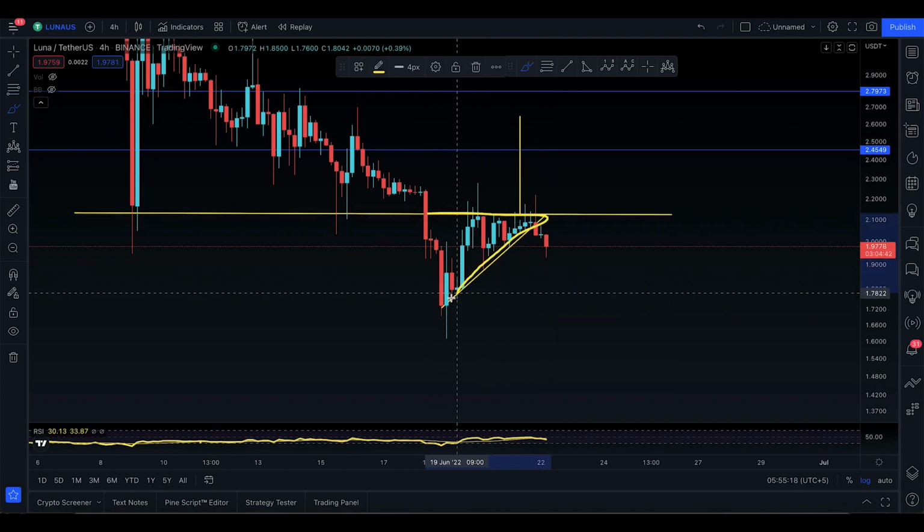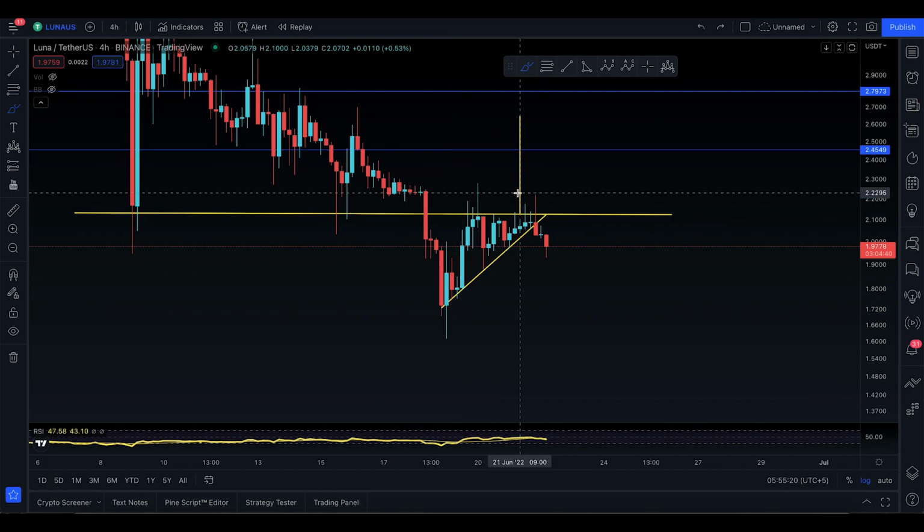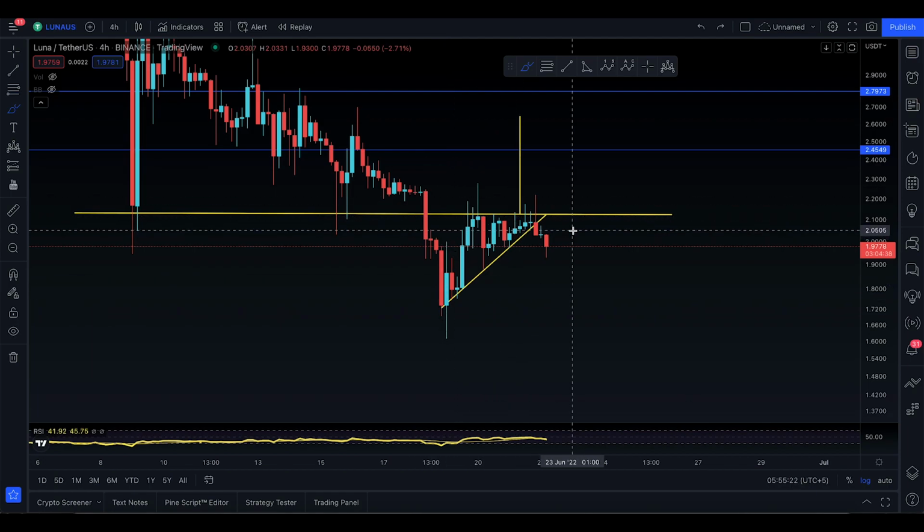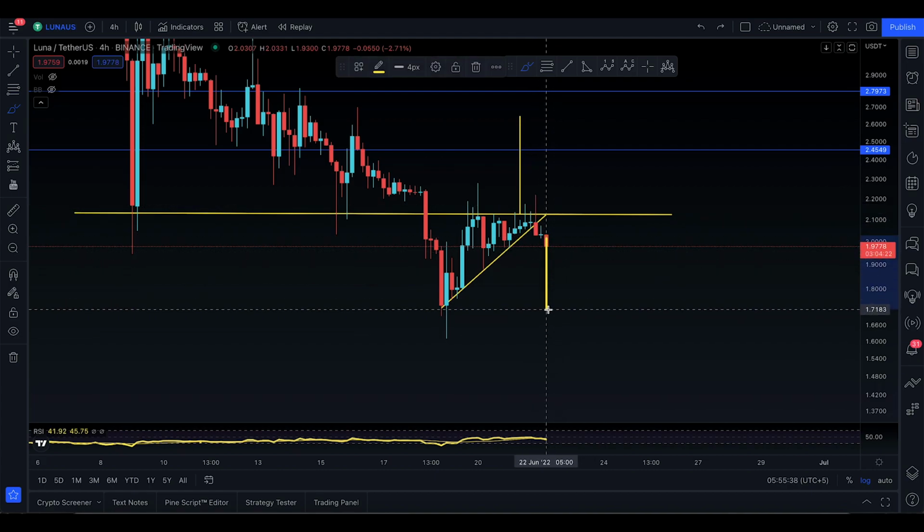The reason is simple. You do have an ascending triangle, right? But the ascending triangle, you see guys, has failed. Okay, it has failed, and 2-3 days ago I actually made a Luna update telling you about this ascending triangle, you have to be careful. If you're not breaking it to the upside and you break it to the downside instead, then you're looking for this one to come down all the way to the